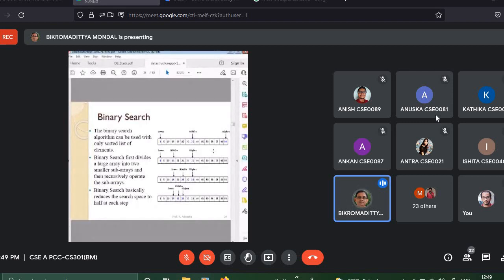This prefetch operation, called locality of reference, fails heavily in case of binary search. So theoretically it looks faster than the linear search, but in practice it may not be that much faster.